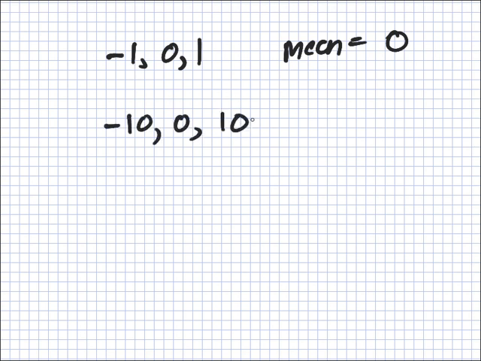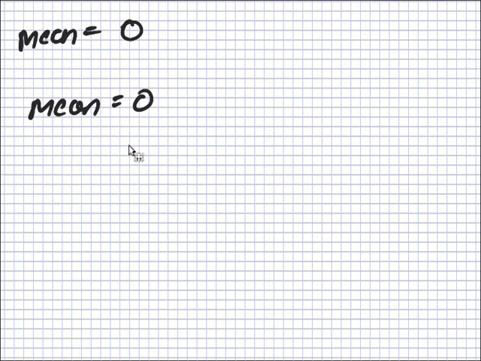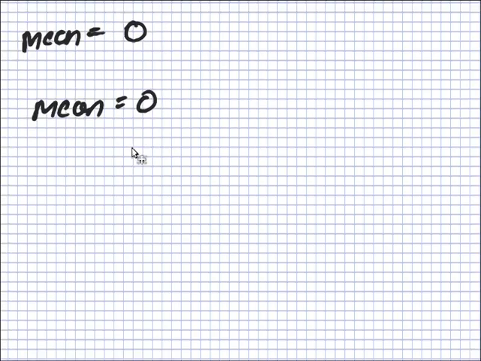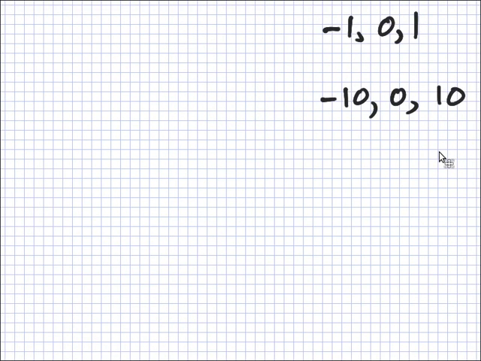So as a simple example, suppose you have these three numbers, -1, 0, and 1. And if you calculate the mean, you get 0 there. That's fine, isn't it? And suppose I have these three numbers, let's say -10, 0, and 10. And if you calculate the mean, what do you get here? You get 0. So if I just said you have two groups of data and they each have an average of 0, that's not really enough of a summary, because you can appreciate that these two sets of data are